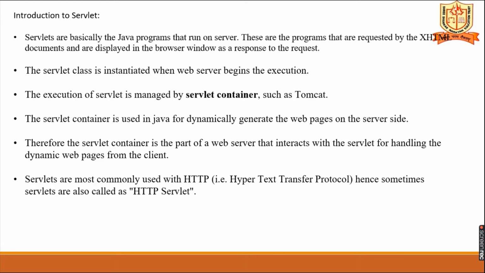This menu card is prepared by what? A JSP or HTML page. Using this HTML page, the user can see the end product. The user can see that menu card, which is developed by HTML or JSP code. JSP is Java Server Page. After seeing this, you give the order, and the waiter goes inside and tells the cook. So, one plate idli, and then what does the cook do?